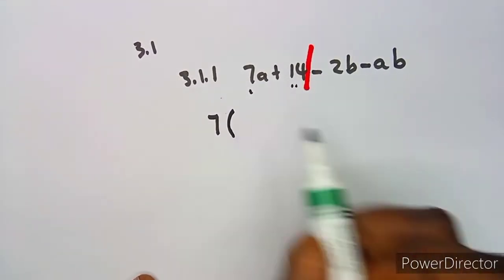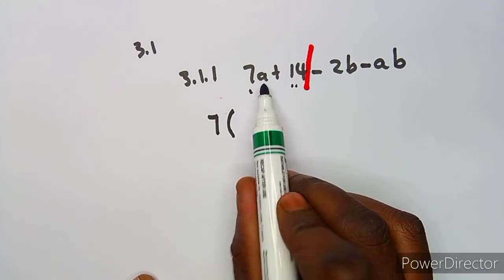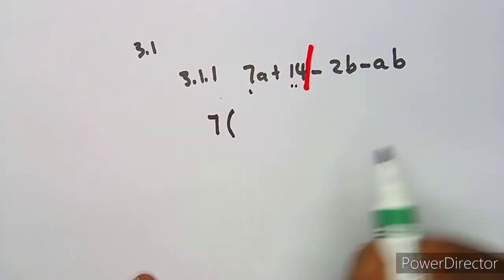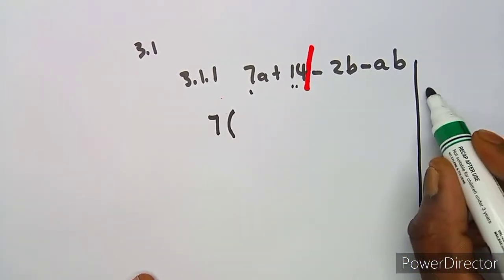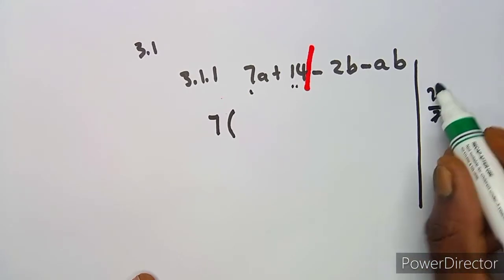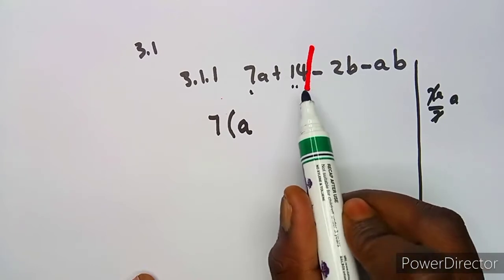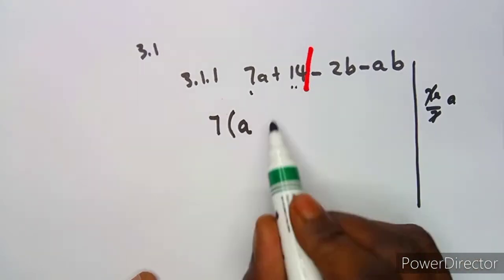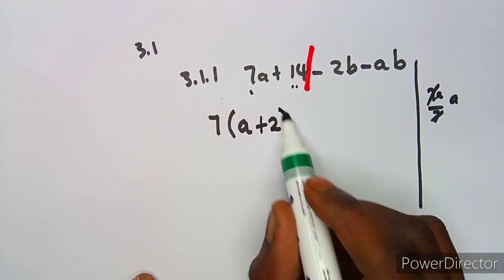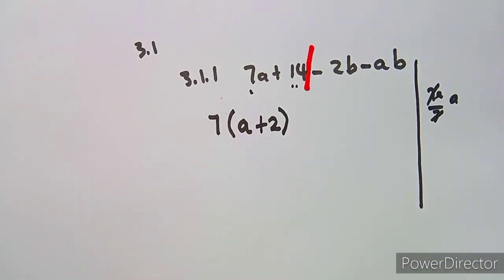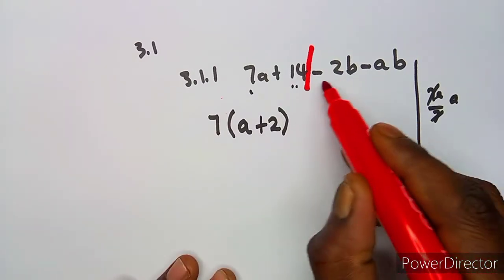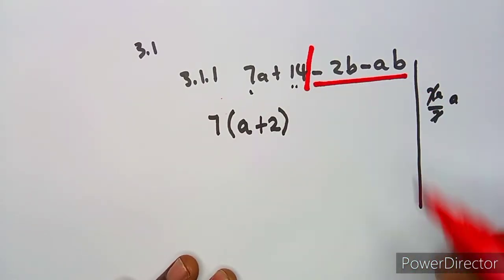So if I factor out 7, 7a, like this, divide by 7. Remember, guys, how we divide this: 7a divided by 7 is going to give us a. So you're going to be left with a. That's 14 divided by 7, which is plus 2, like this. All right, so remember, the concept is that what you're going to factor out on these 2 remaining terms